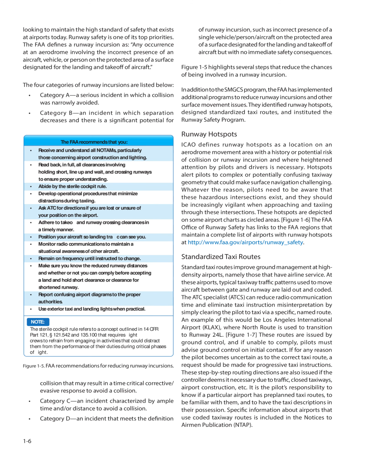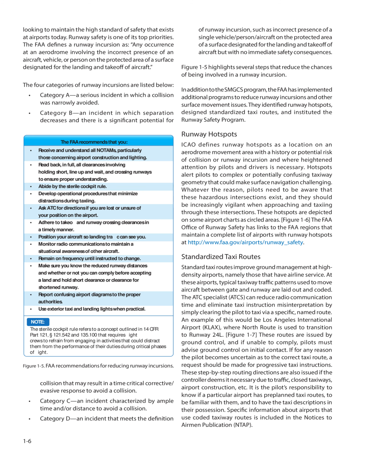At these airports, typical taxiway traffic patterns used to move aircraft between gate and runway are laid out and coded. The ATC specialist, ATCS, can reduce radio communication time and eliminate taxi instruction misinterpretation by simply clearing the pilot to taxi via a specific, named route. An example of this would be Los Angeles International Airport, KLAX, where the north route is used to transition to runway 24L. Figure 1.7. These routes are issued by ground control, and if unable to comply, pilots must advise ground